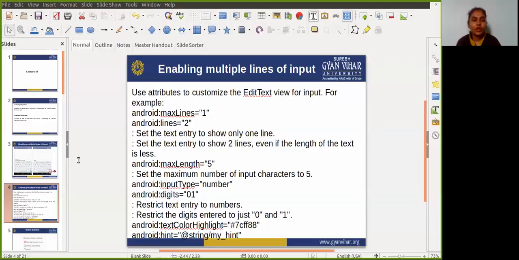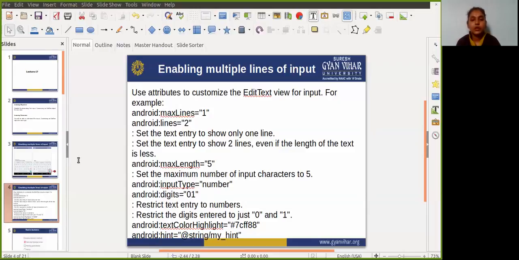Next is how we can change keyboard and input behavior. The Android system shows an on-screen keyboard known as a soft input method when a text field in the UI receives focus. To provide the best user experience, you can specify a characteristic about the type of input the app expects, such as whether it's a phone number or email address.